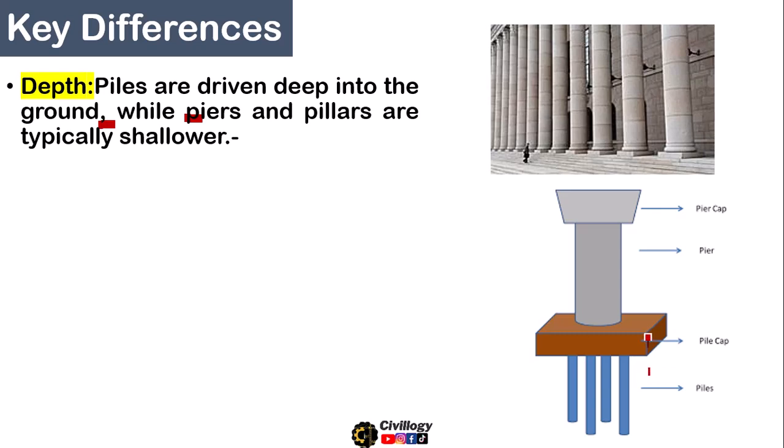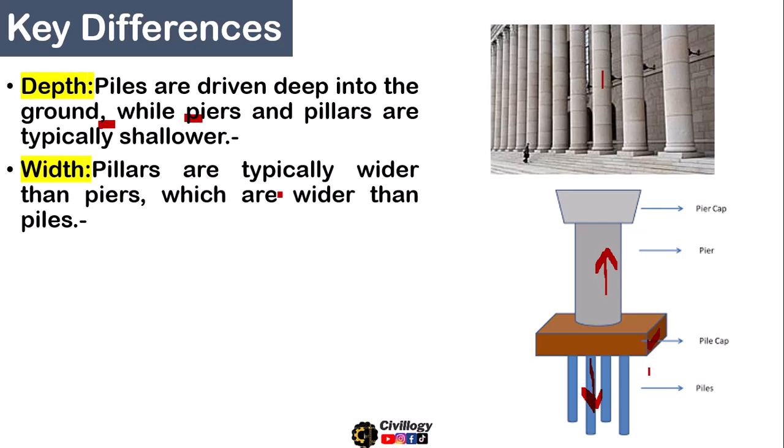As you can see over here, the pile cap is the surface which is just above the ground surface, and below this pile cap are the piles, which are underground and one cannot see them. And as we go above, there come the piers. A pier is a superstructure part of the building or any structure, and the same goes for pillar and column.